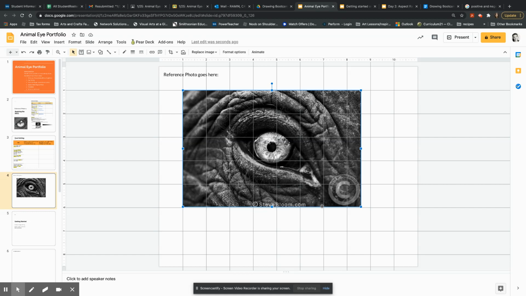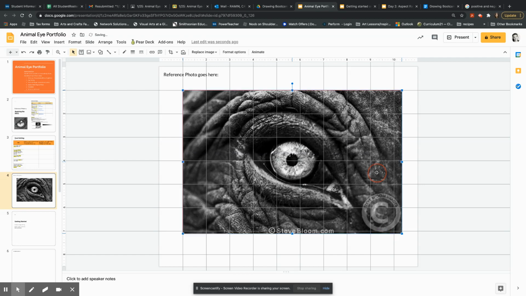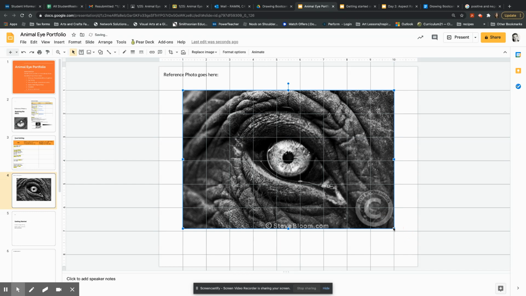So if you're going to try the grid method, or even if not, if you bring your reference photo onto this slide, then you can increase or decrease the size of your photograph. And again, this is 11 inches, so we know that this is the size it would look like on our sketchbook page when we're drawing. So we'd have a little bit of a border around, and most of the space would be filled